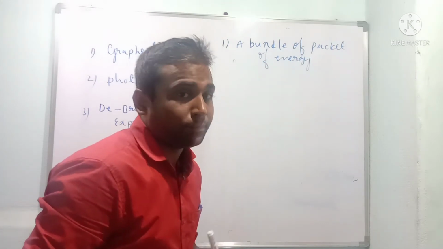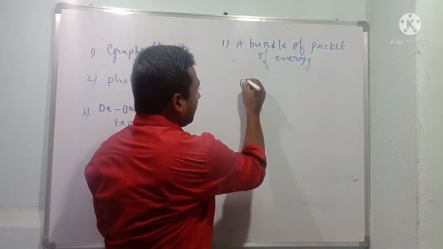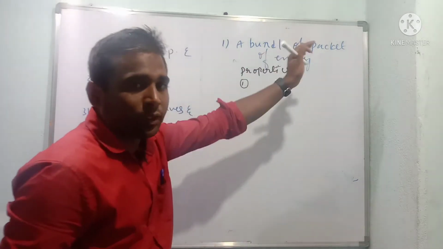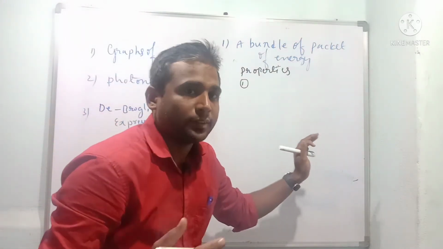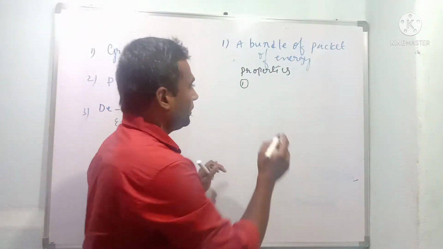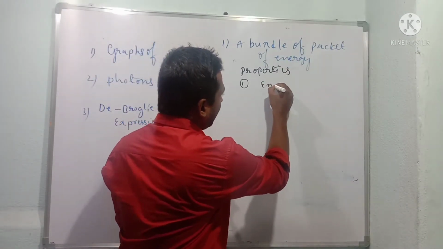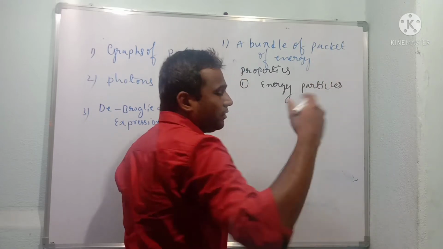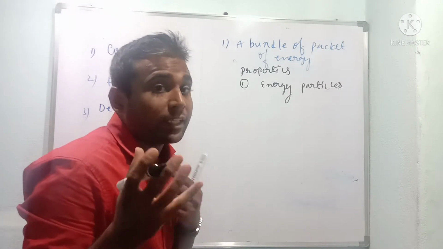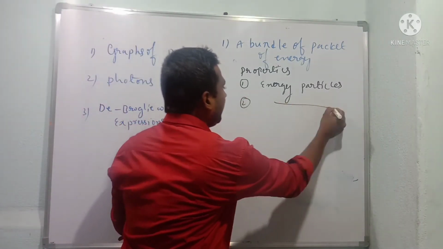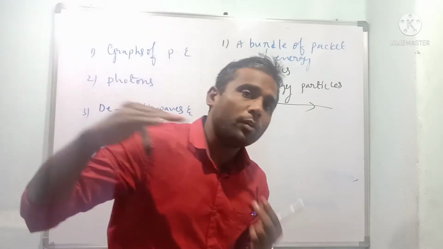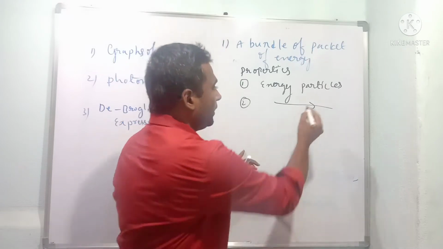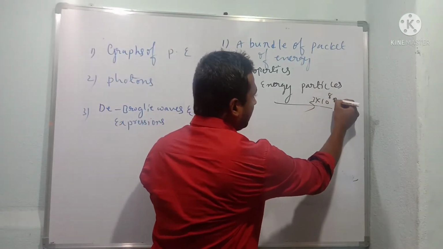Now here we are going to see some properties. They may ask you in exams, MCQs, very important. Now we will discuss the properties. So what are the properties? Students, light is made up of photons, which means they are energy particles. When you burst a cracker, you might have seen that energy radiates in the form of photons, energy particles. They move in a straight direction, and they can move with the speed of light, that is, their speed is equal to 3 × 10^8 meters per second.